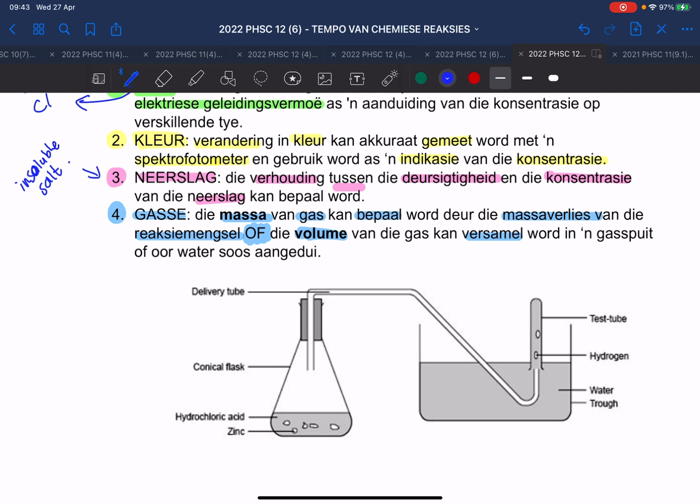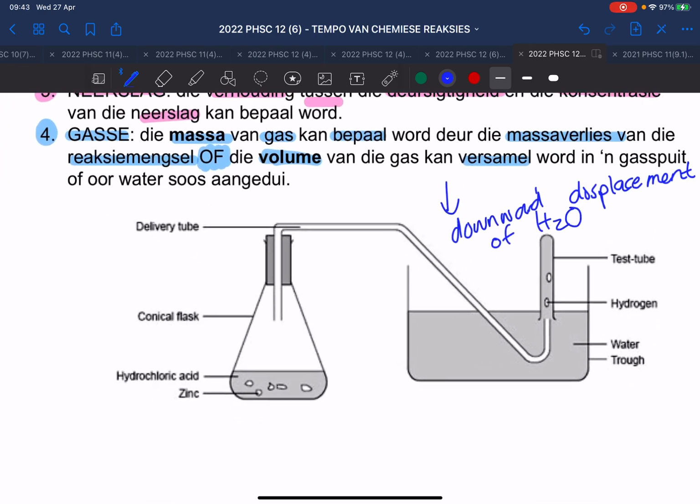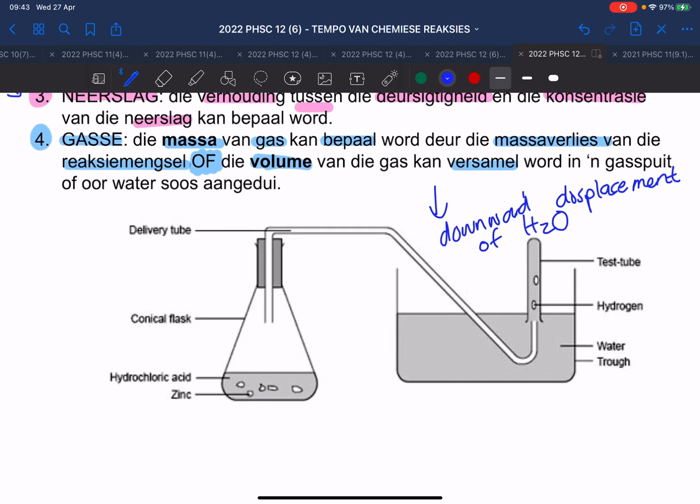as shown below, and shown below is called the downward displacement of what, you remember it from grade 9? Die afwaartse verplasing van water. The downward displacement of water, die afwaartse verplasing van water. So what you should have done in grade 9 is you take zinc and hydrochloric acid, and it starts to bubble. And that bubble is a hydrogen gas that is given off. Waterstofgas wat afgegee word.